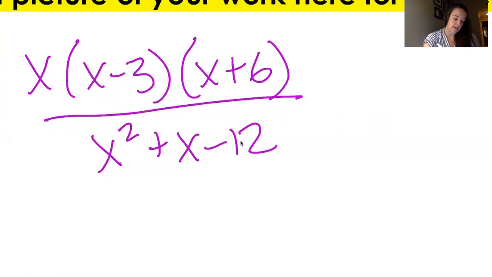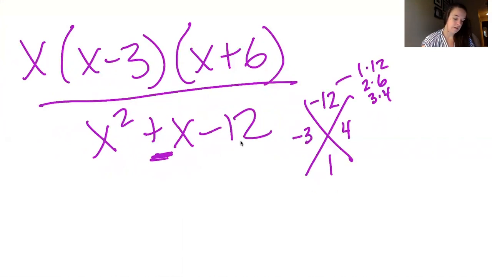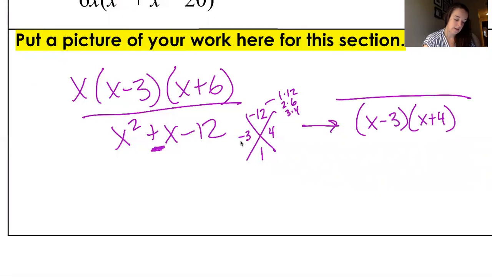So I'm going to go ahead and factor the -12, and then that imaginary 1 there. So 12 is 1 and 12, 2 and 6, 3 and 4. I know one of them has to be negative, so I'm going to choose 3 and 4 and choose -3 so that it will be +1. So this will turn into (x minus 3)(x plus 4) over x times (x minus 3) times x